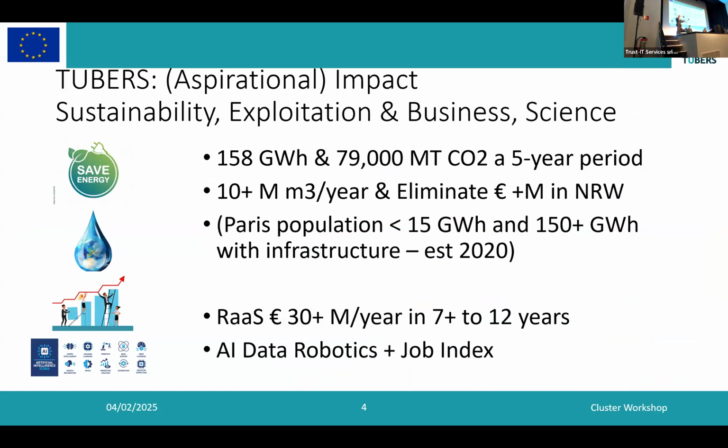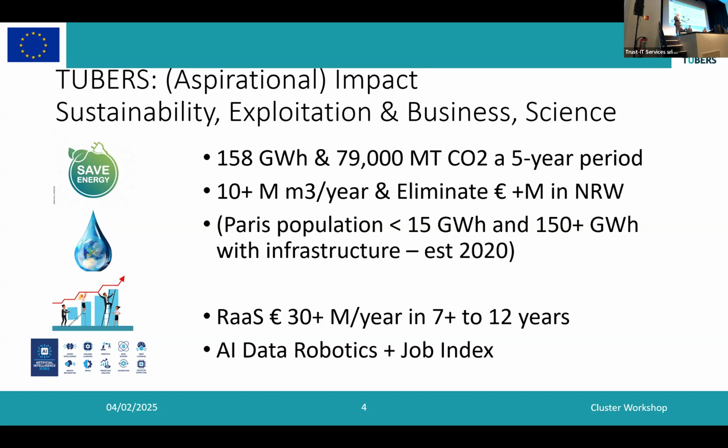Why is that important? Why do we care about that? Basically, in order to produce this extra water, in order to satisfy the demand of the user, you can translate that into energy loss. So if we are able to do what we want to do and eliminate these problems, in a 5-year period, when we are on the market, we're going to eliminate over 150 gigawatt hour of power,